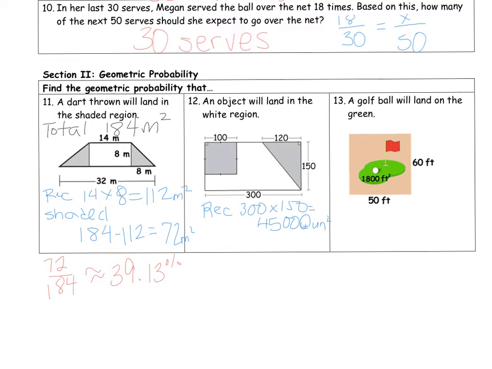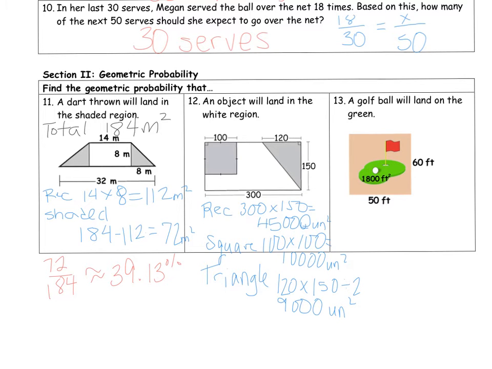Units squared. We have the square, which is 100 times 100, which gives us 10,000 units squared. And we have the triangle, which is 120 times 500, times 150 divided by 2 or times a half, and the triangle gives you 9,000